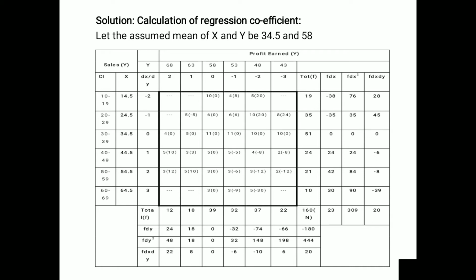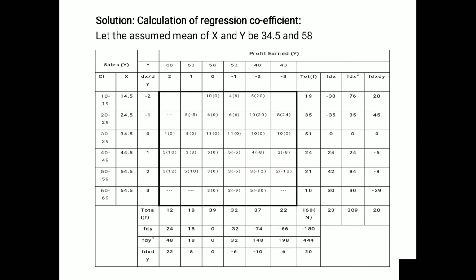Now coming to the calculation part, the table of calculation is completely similar to the calculation of coefficient of correlation. That is, the first step is to calculate the midpoints of each variable, X and Y. So here the X series is a continuous series and we have to find out the midpoints, and the Y series is a discrete variable and there is no need to compute the midpoints of those Y variables. Now the next step is to calculate the dx and dy values.